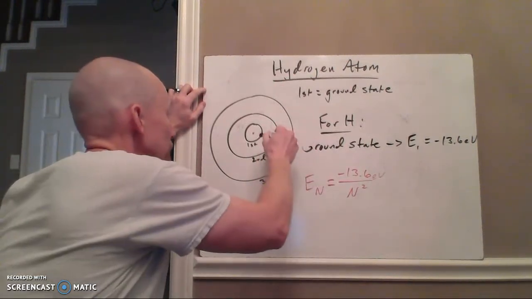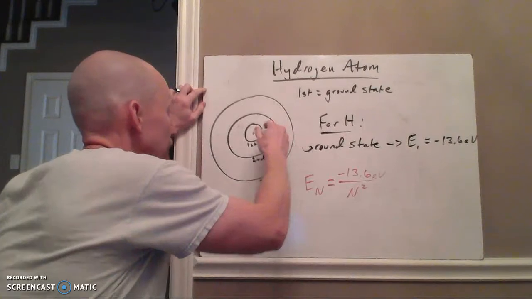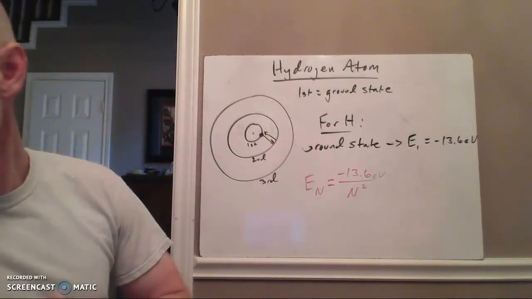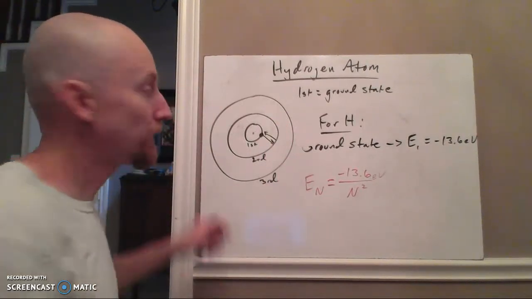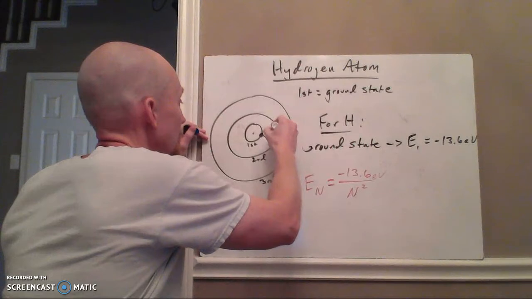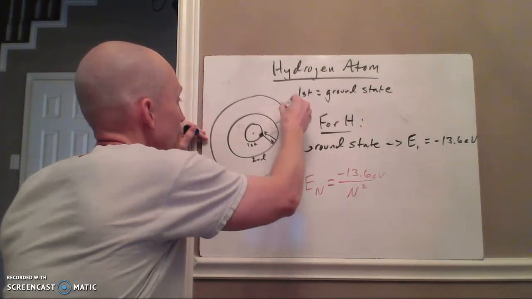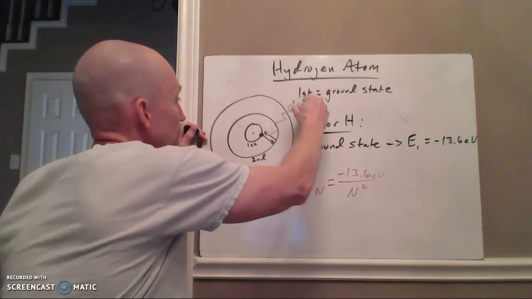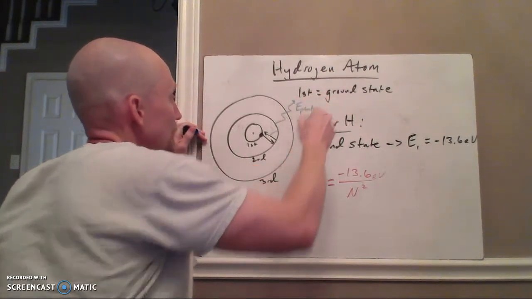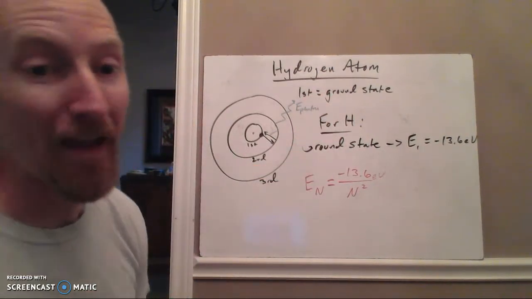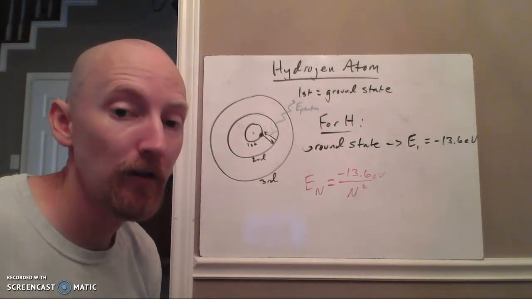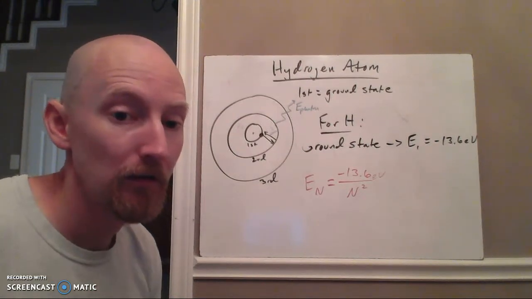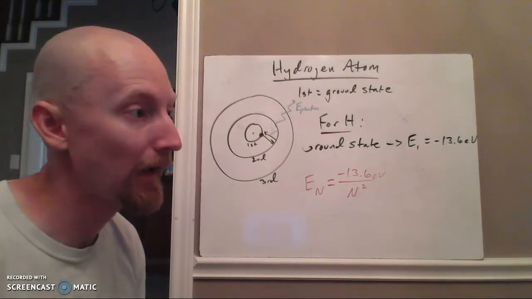When it falls back down, it will let off a little photon. And that photon has a certain amount of energy, and that is light. The wavelength of that photon will tell you, essentially, how much energy it has,